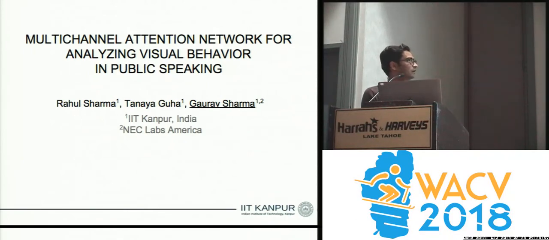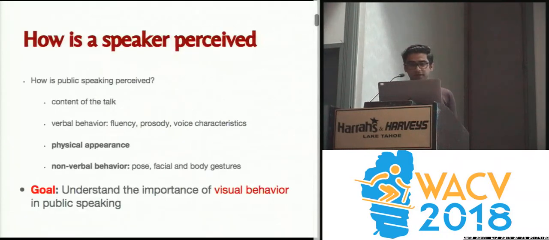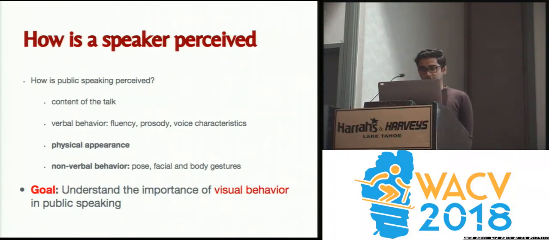The first two authors are more of HCI people, and I was a computer vision guy, and they were basically interested in computationally understanding a person's behavior. So the subproblem that we took up was how to analyze a public speaker's behavior, and you would think that the content of the talk, the tone of the voice, the physical appearance, and non-verbal behavior are all important. In this particular work, we are interested in quantifying how the visual behavior or visual appearance of a speaker affects the